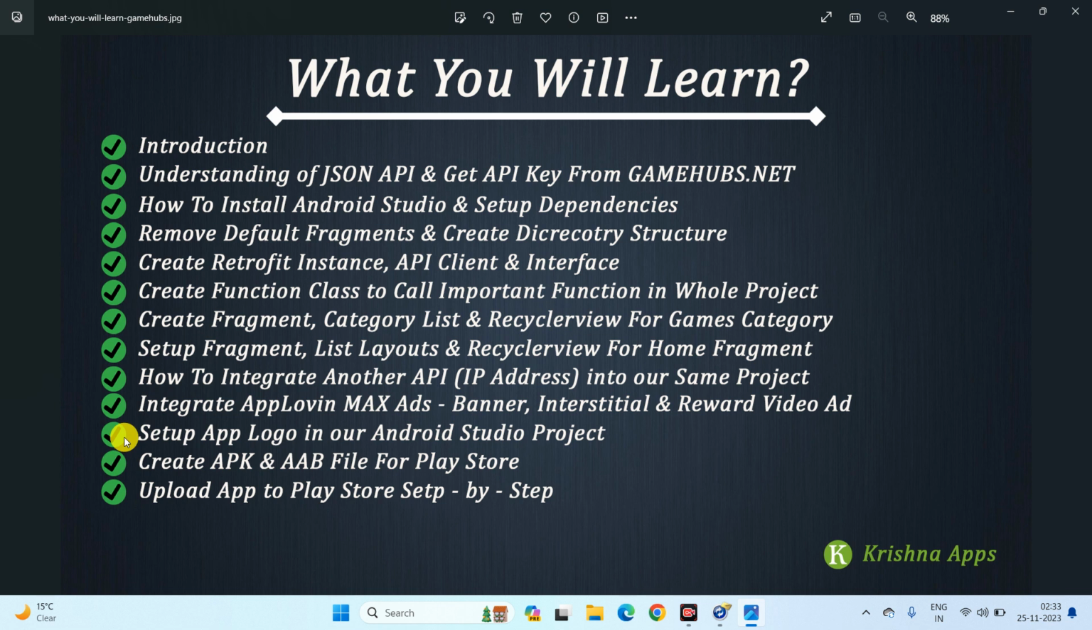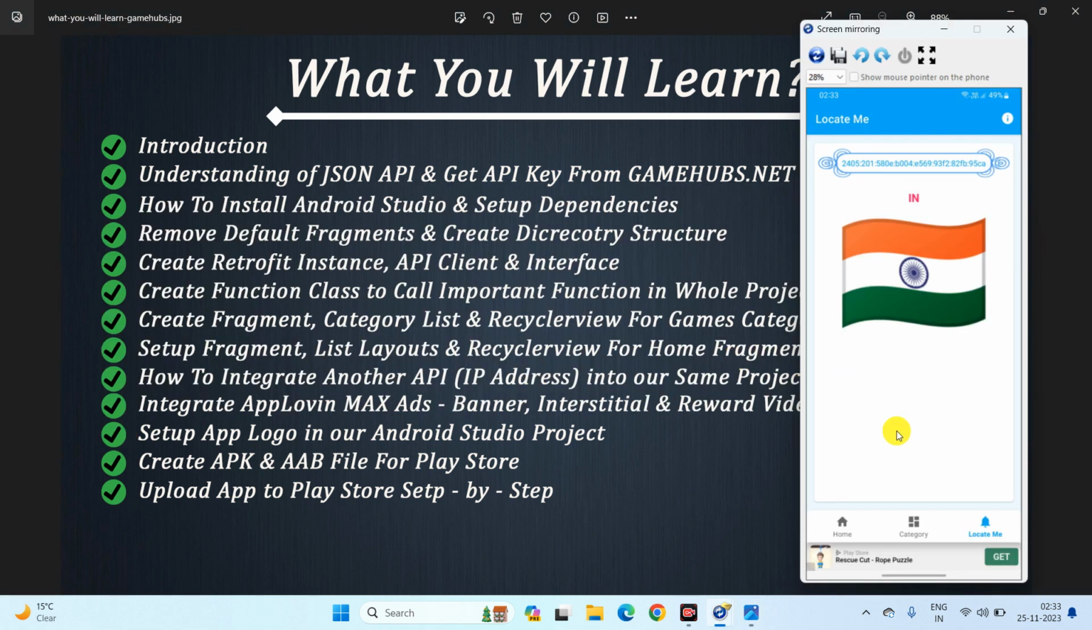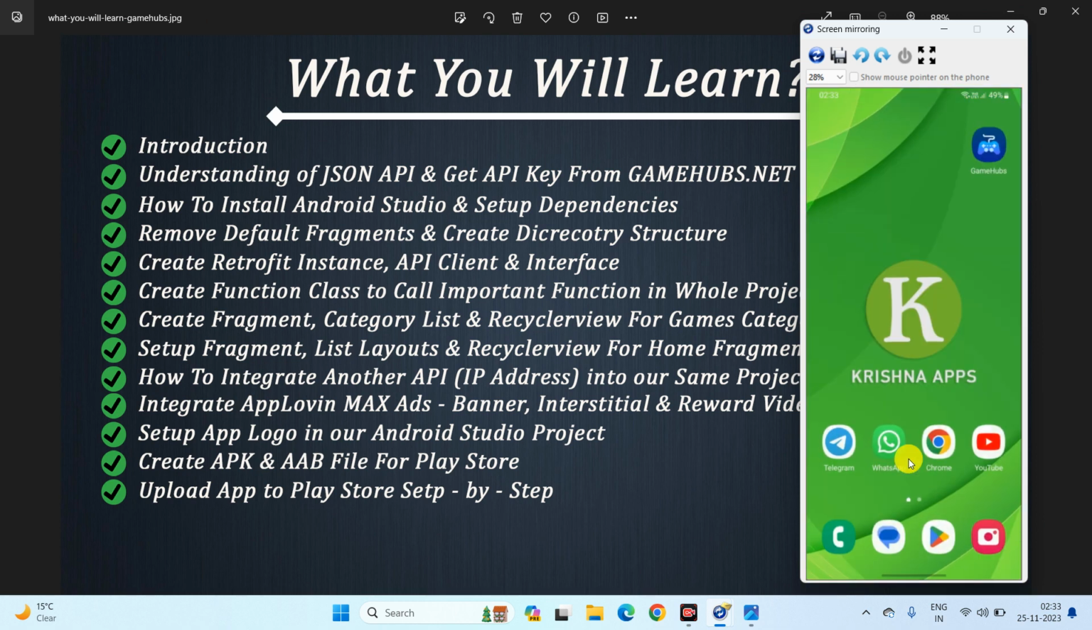Next point is to set up the app logo in our Android Studio project. As you know, our app has a logo. Let me show you. Let me minimize it. As you can see, this is our app logo, which shows what our app is about. So we will learn how to add the logo to our